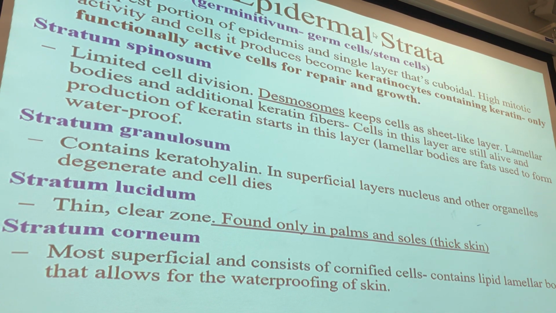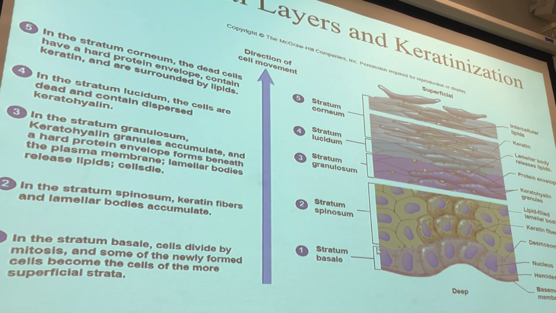So the first type of strata is the most important one, the stratum basale. Those are the cells that are cuboidal looking, right? Those cuboidal looking cells are also anchored to the basement membrane here. So in terms of those cells, in terms of the